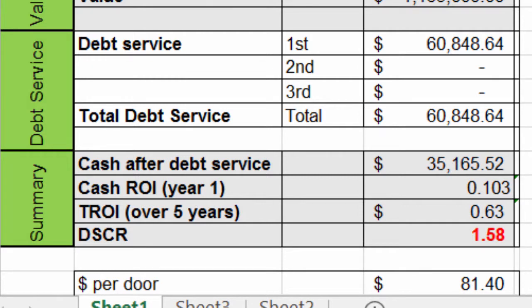And finally, the bottom section of the spreadsheet is where we look at the overall performance of the asset. The cash after debt service obviously is the income this asset produces in the first year of operation after all expenses and servicing the loan. In this case, $35,165.52. The cash ROI, year one, or cash return on investment cell, tells us what the return is on a percentage basis for the first year in operation. In this case,